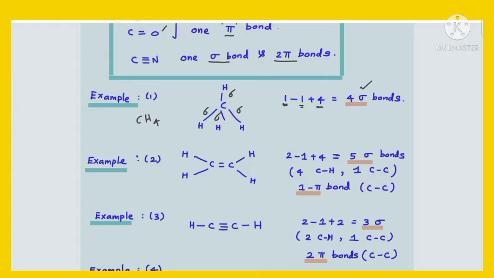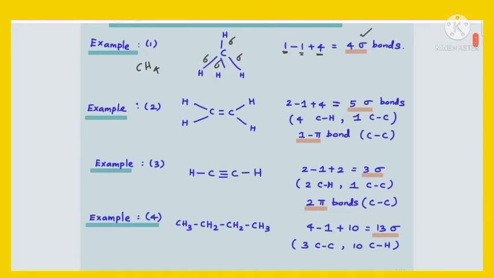The next one, a compound with a double bond, an alkene type of compound, which has the molecular formula C2H4, which is nothing but ethene. It has this kind of structure, CH2 double bond CH2. As we discussed earlier, carbon hydrogen single bonds are sigma bonds. There are 4 sigma bonds like this, and there is a carbon carbon double bond, among which one is a sigma bond and another one is a pi bond. So totally in this molecule there are 5 sigma bonds and 1 pi bond.